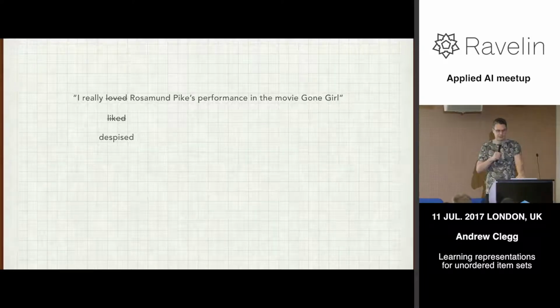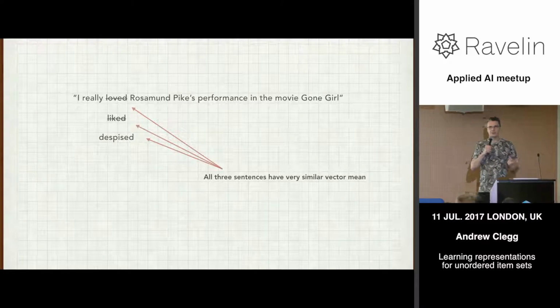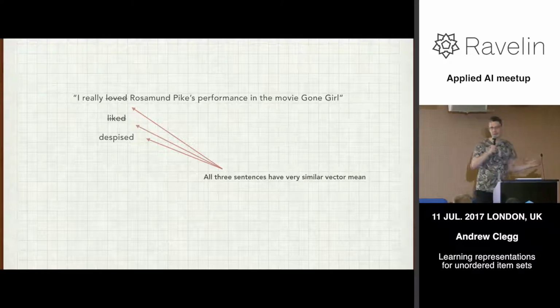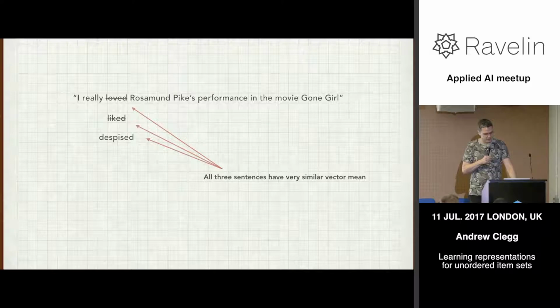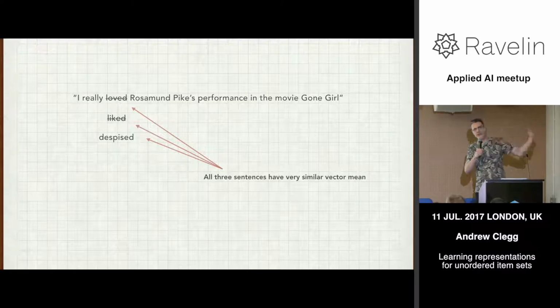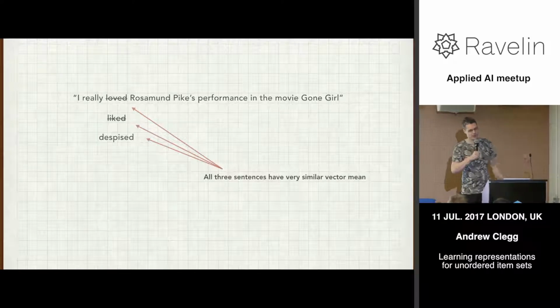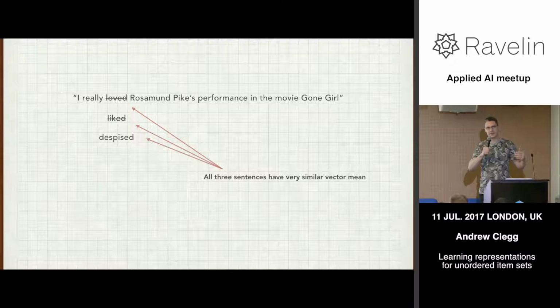Now, if you take these three sentences, all of them are going to have pretty similar vector means, because all of the other words in the sentence, or items in the collection more generally, are the same, apart from the one that's actually bearing the semantic information there. So what they did was they showed with some analyses of the weights on the different layers that as you feed this information through the deep averaging network, the DAN, it exaggerates the differences in the representations between sentences with, say, a positive and a negative sentiment in their